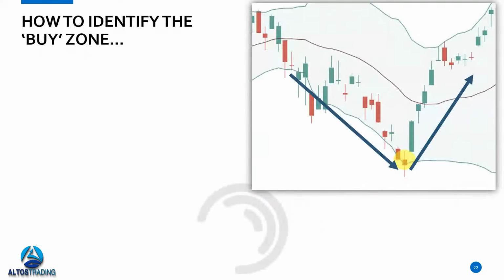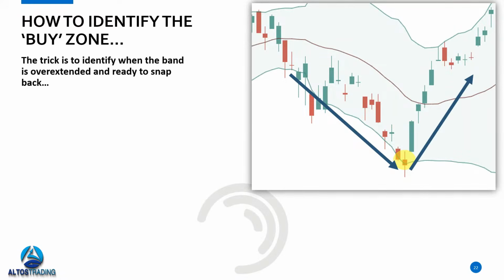All right, so we've primarily focused on identifying when the market's vulnerable to a sell-off, right? You get a breach of the lower band, simultaneous divergence to the outer bands, you have prior band convergence or narrow horizontal parallel bands. The most challenging part of the Slingshot is identifying the buy zone. So when do you come in and buy after there's been a sell-off? Okay, that's really the trick. Not everybody shorts stocks or shorts the market. Some people just like to buy, right? And that's perfectly fine. But the trick is to identify when the band is overextended and ready to snap back.